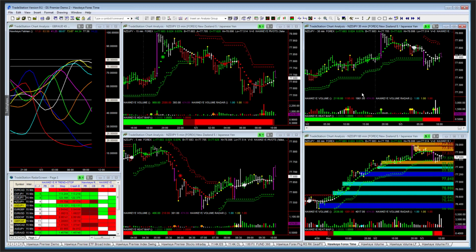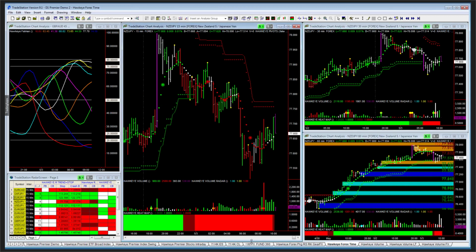Triple time frame, I always have a 60-minute chart set up because the Hawkeye zones are like price magnets on a 60-minute chart. So I always have that set up there. So a 45-minute chart means we're trading the 15, so 15, 30, 60 would be the trade time frame of choice. Looking at this, we are definitely neutral, as we saw right here.